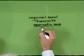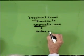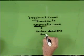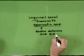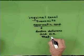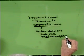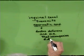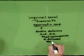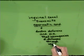And again, we'll define this as the ductus deferens and other stuff that accompanies the ductus deferens through that inguinal canal. So we've got, trying to not get too circular in the definitions here,